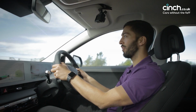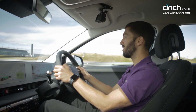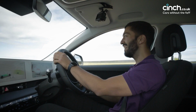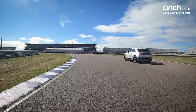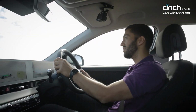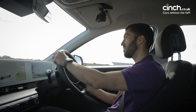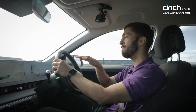Come on then, there's a corner, we're on a racetrack. Should we see what happens if I just throw it in a bit like a racing driver? Oh, look at that, that's really good. Just turned in, no questions asked. And if you go through this bend here, you can just let the car run the curves. It feels totally composed. Go around a bend, and it's just really positive and really happy to follow the line